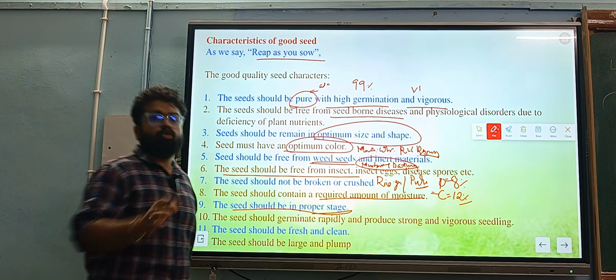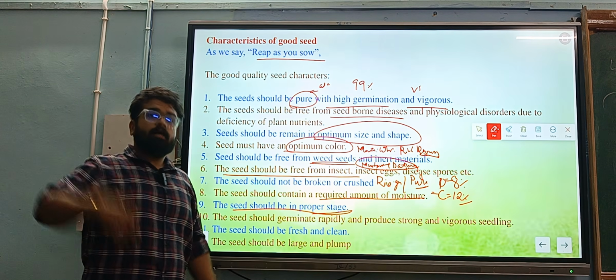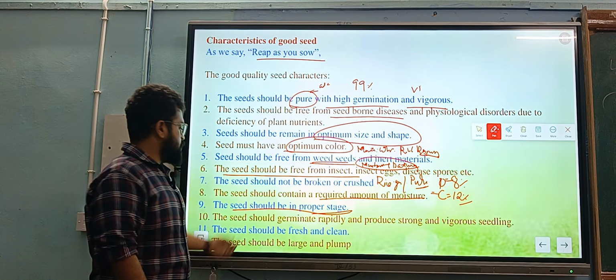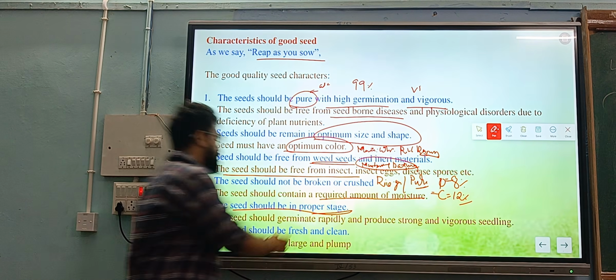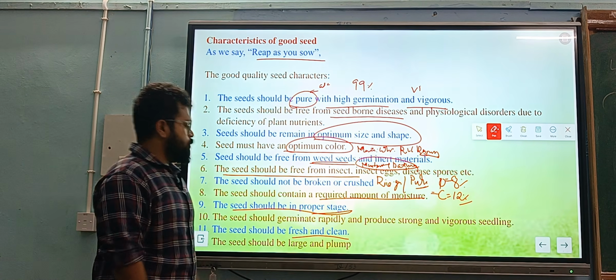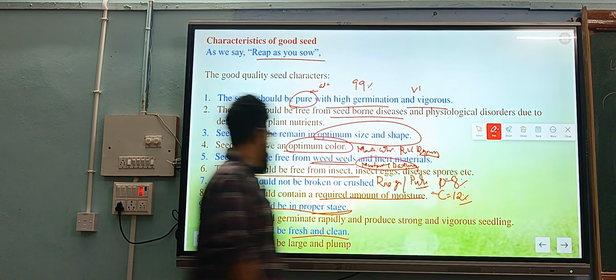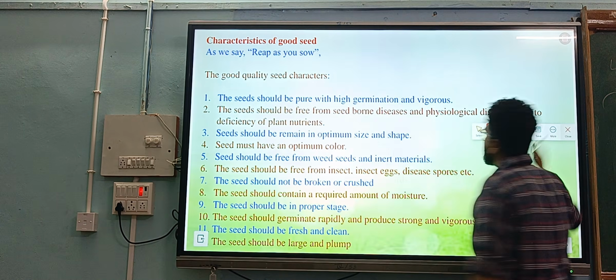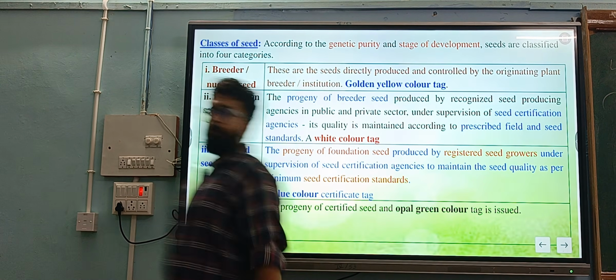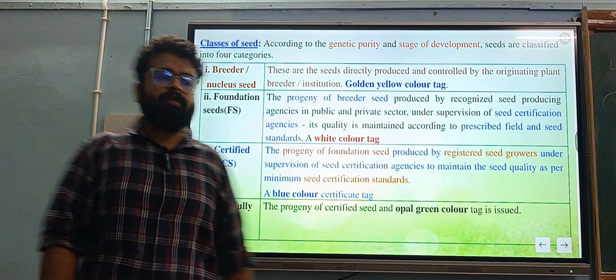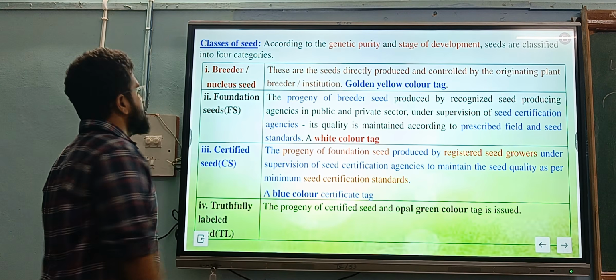The viability should be there. It should not be of a long stored duration. It should germinate rapidly and produce vigorous seedlings. It should be fresh and clean, and it should be plump. It should be large and plump, not dented. So after understanding the type and characteristics of seeds, we have classified the seeds into